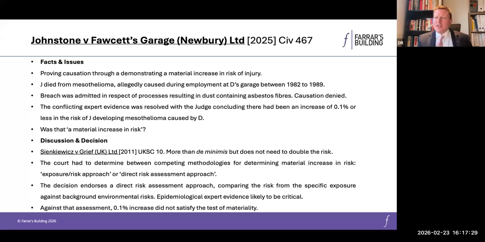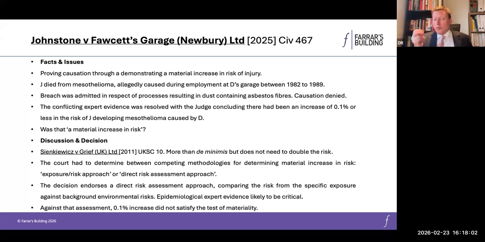Well, in the case of Zgonec-Rozej, Lord Phillips had concluded that on the one hand, the increase in risk has to be more than de minimis, but it's not the case that an exposure would be found immaterial if it didn't at least double the risk. And since then, there's been a reluctance to determine in cases a quantitative figure as to what would constitute de minimis, certainly in the context of mesothelioma.